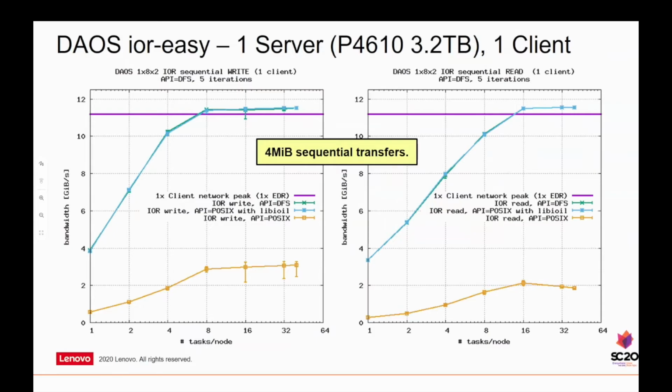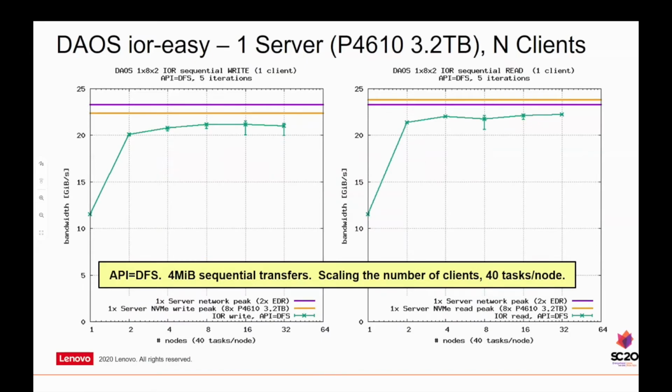So I really encourage you, if you use the dfuse framework, use the interception library. It's worth it, and it's not really costing you anything. You can also use that on the command line, but just with the copy. Yeah, you can do LD_PRELOAD equals libioil with cp, and it's like an order of magnitude faster than just doing a normal copy. So this is encouraging, and we've also done the same experiment with the sequential IOs, scaling out